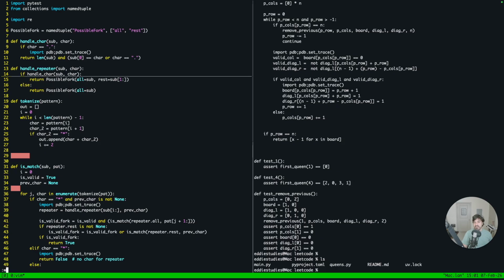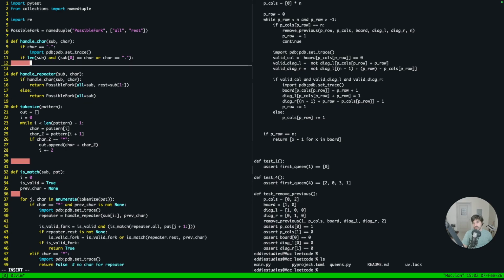Okay, so it's just a possible fork, right? If it's an all, then it is a stay in the current spot split, and if it's a handle, then it is a if len sum and this,